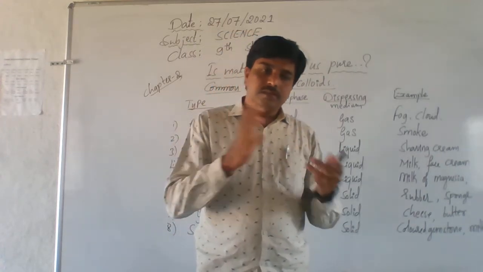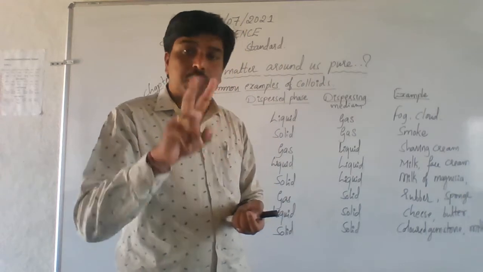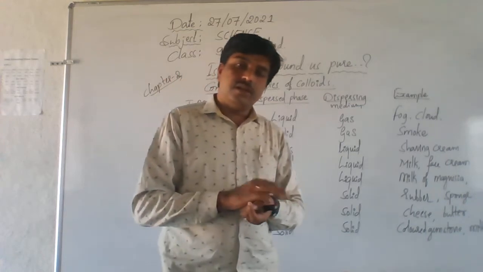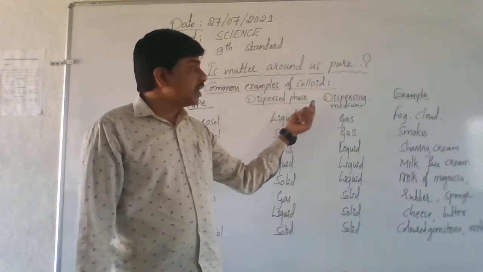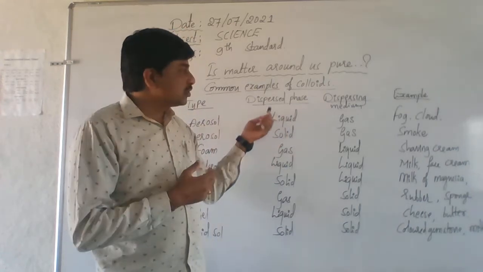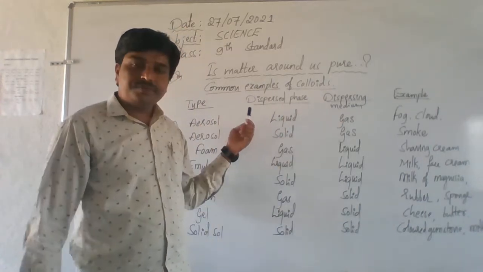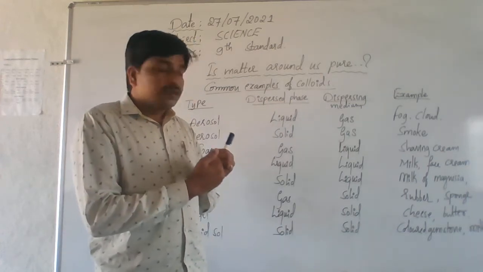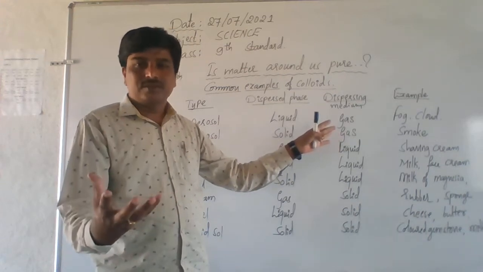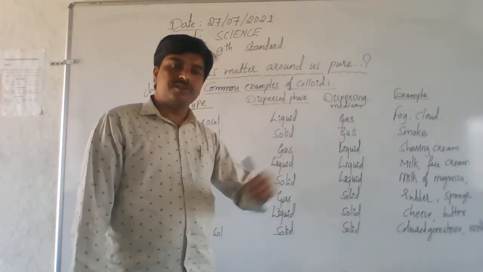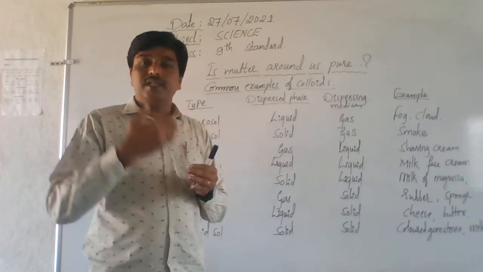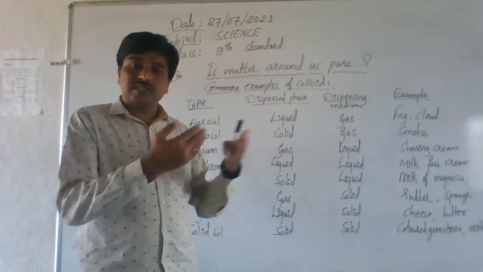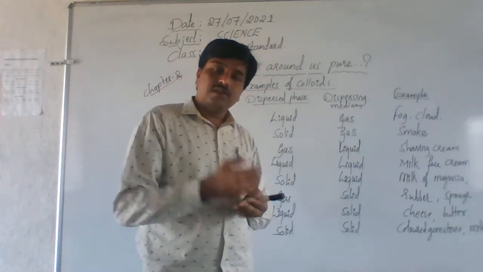Similarly, colloids also contain two components, namely the disperse phase and the dispersing medium, like a solute and solvent. The disperse phase is what scatters the beam of light. The dispersing medium is like a solvent. Depending upon the disperse phase and dispersing medium, these colloidal solutions are classified into different categories.